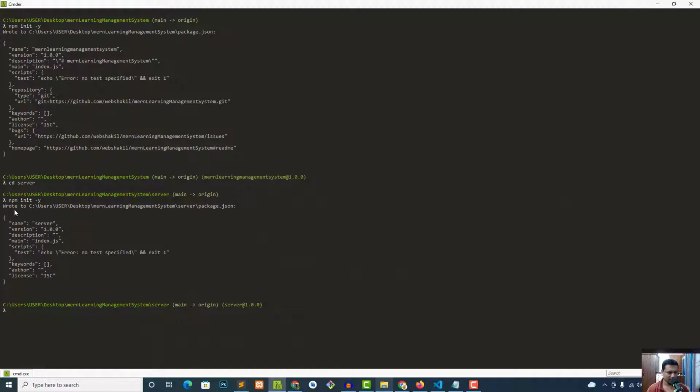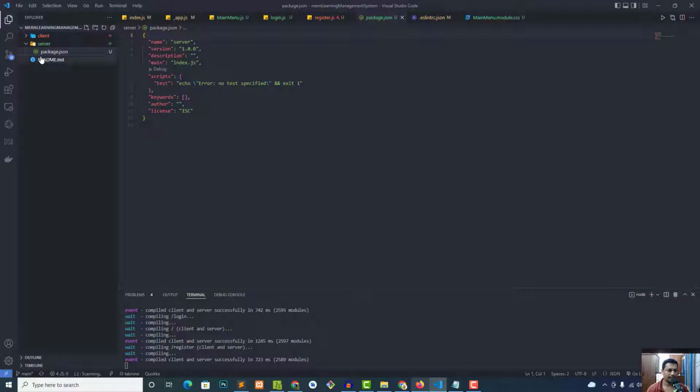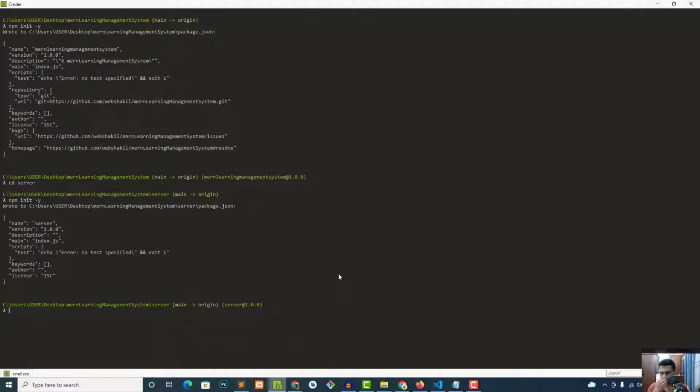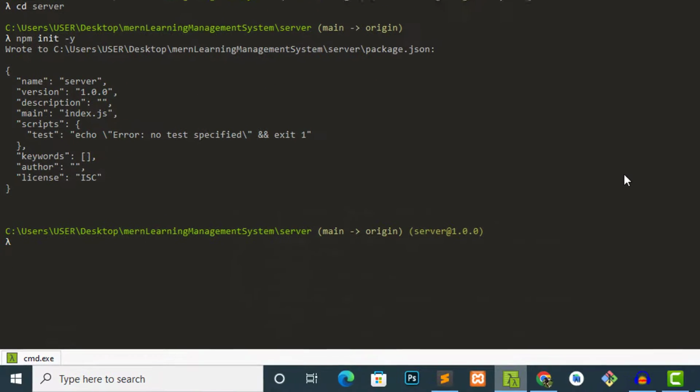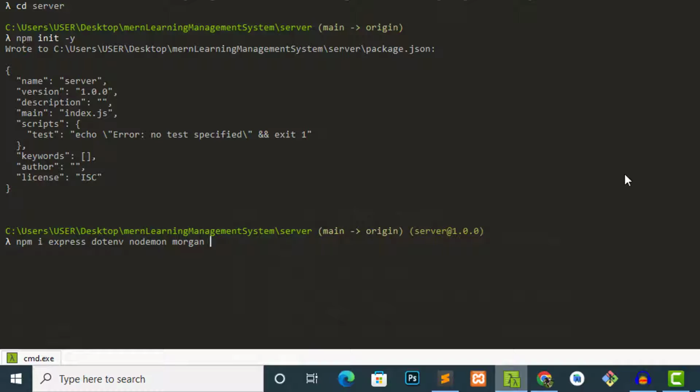Okay, so for the initialization we got the package.json file in our server folder. So what we need to do, we need some third-party libraries like express, dotenv, cors. So let's include these: npm i express first of all, dotenv, nodemon to concurrently run our server, Morgan to log our requests, then bcrypt to hash the password,